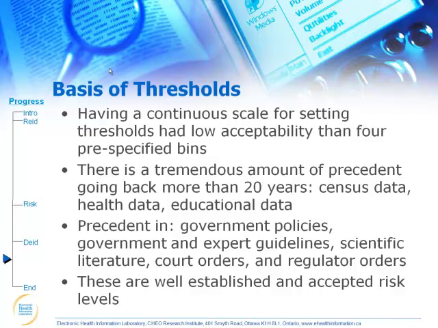And these come from, of course, scientific literature, court orders, regulator orders. We looked at the orders of the privacy commissioners across the country to see what thresholds they use. You know, they often use a cell size of 5, for example, sometimes a little bit higher, sometimes cell size of 10. But there are a lot of precedents for the releases of de-identified data using those thresholds.